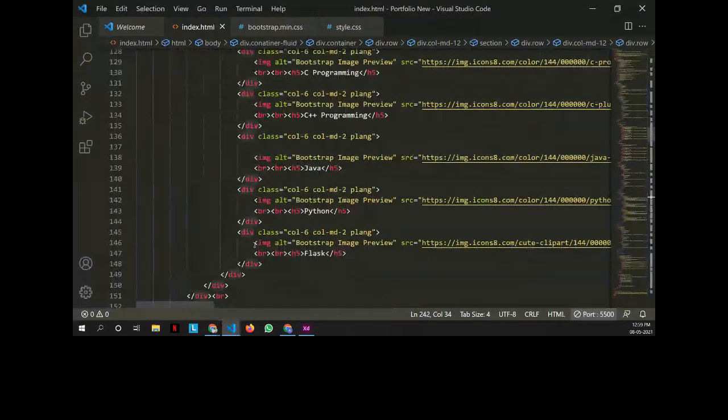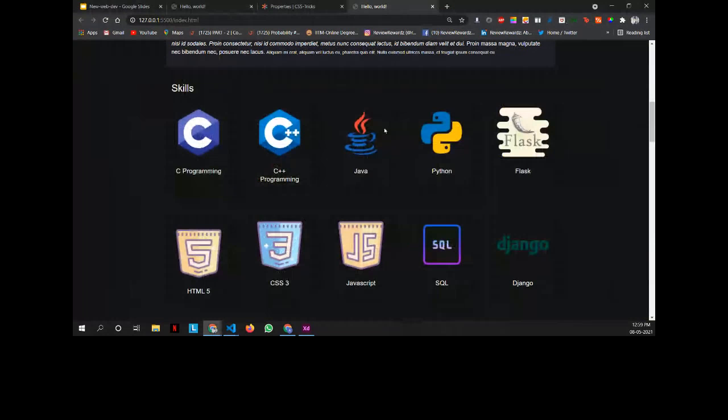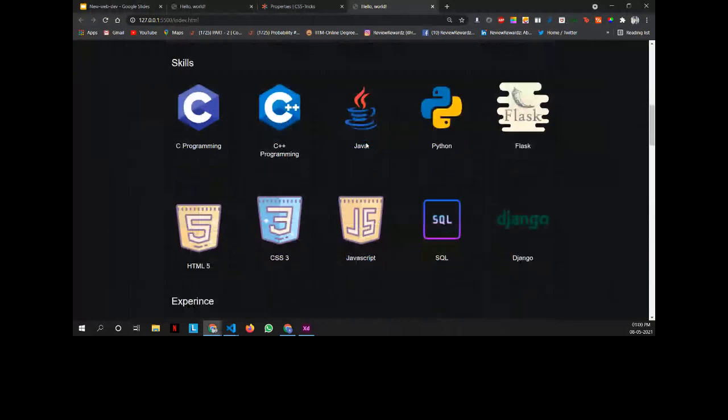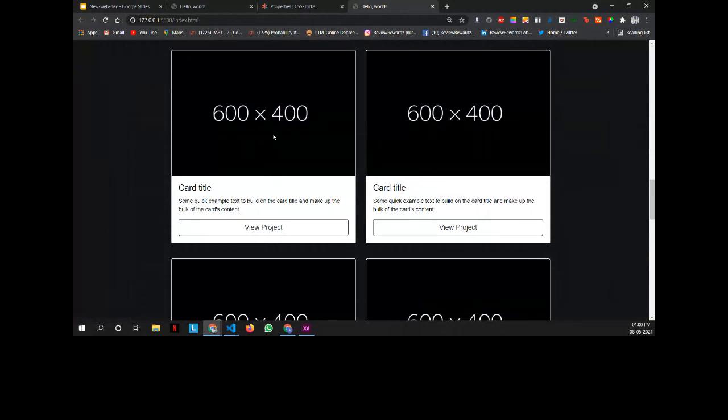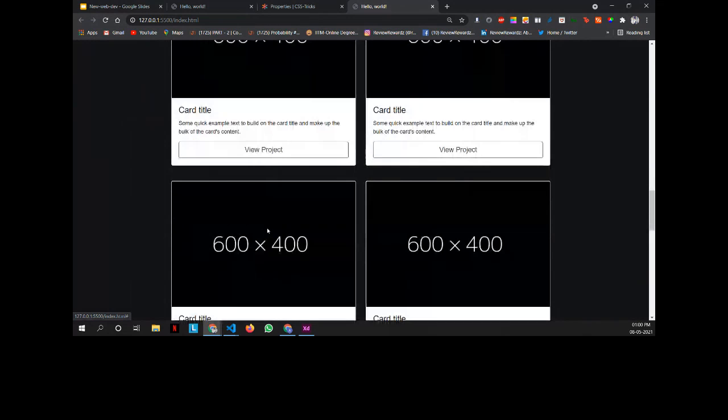Yeah. So guys, as you all can see, I've used the image tag only, and here I've given the source. So you all just have to change the source here to add the logo of whatever expertise you have. And these are the projects here. Guys, you all know what exactly an a tag is, right? You could add the anchor tag around the button, so that if anyone clicks on the project, they get redirected to your GitHub, or if the site is hosted somewhere, then they could go to the hosting part.